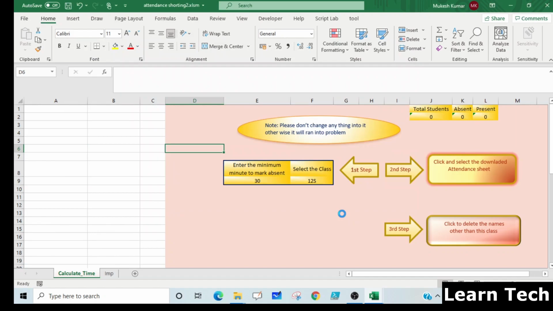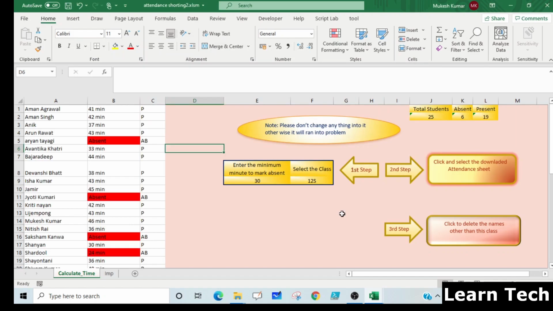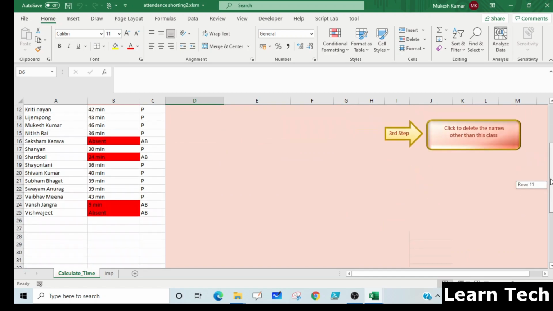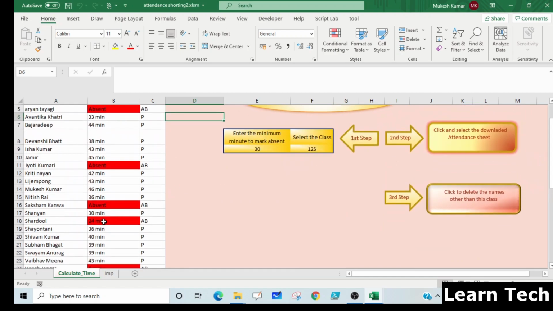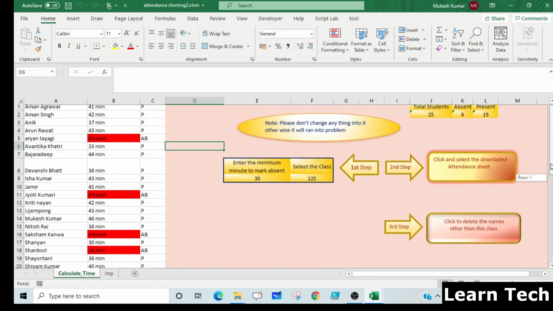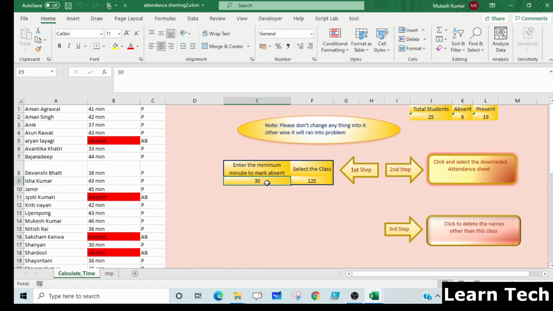In a matter of seconds, the timing of each and every student will be sorted here. Just see here, the student who was present for 24 minutes is marked absent, and the student who was present for 20 minutes is also marked absent.